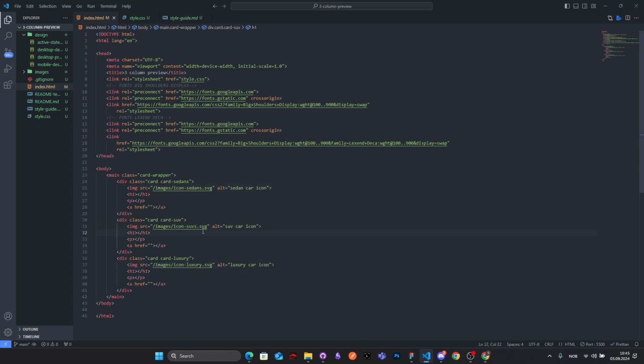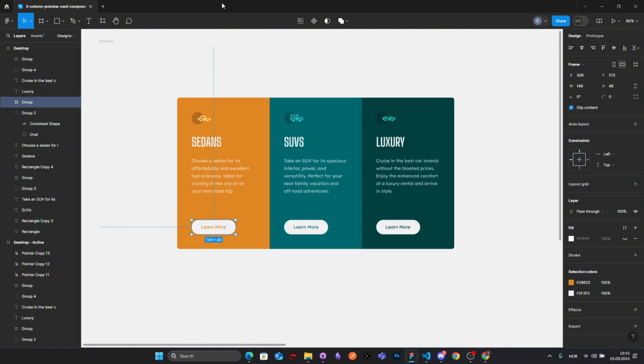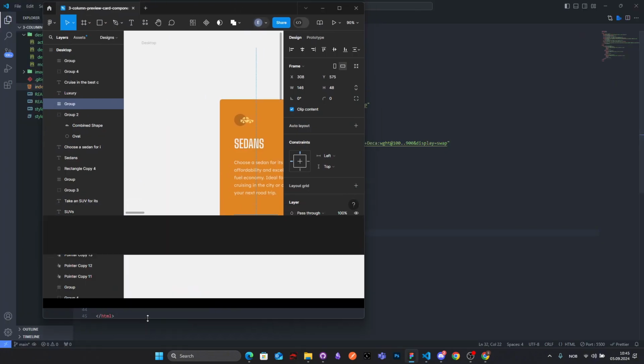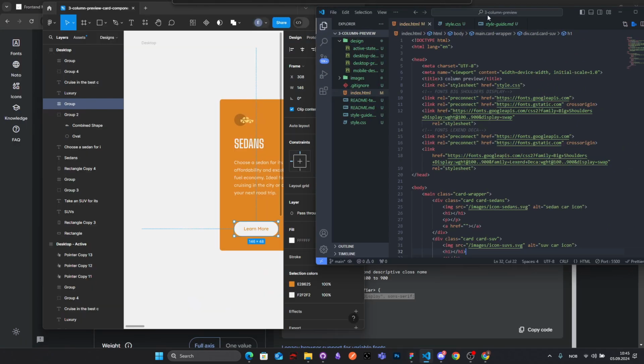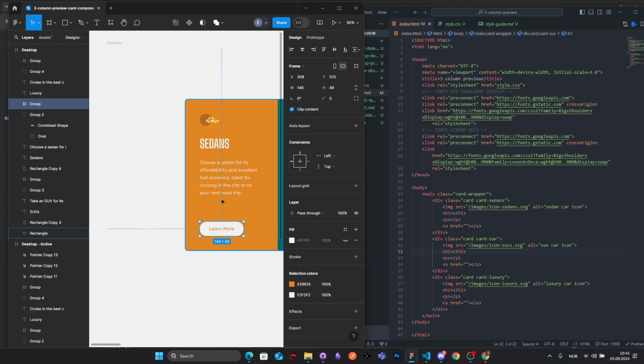Let's just do it like that, okay? And now I'm going to add the text. I'm just going to do this quickly, guys. I know this looks messy, but